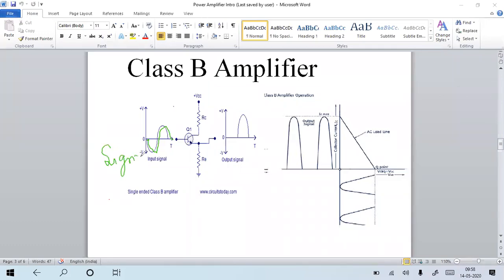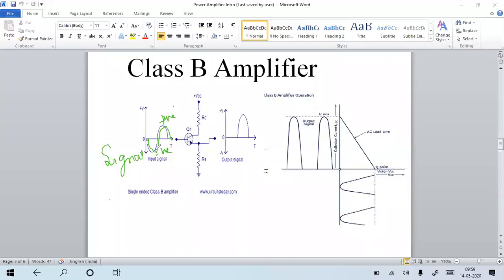The signal consists of positive voltage as well as negative voltage. What will happen? Why was the previous state maintaining the cutoff mode? Because the base terminal did not have any bias signal, that means forward bias signal, so it went to the off state. Now I am giving the input signal, a sinusoidal signal, which consists of positive voltage as well as negative voltage. Now the transistor may turn into the on state.